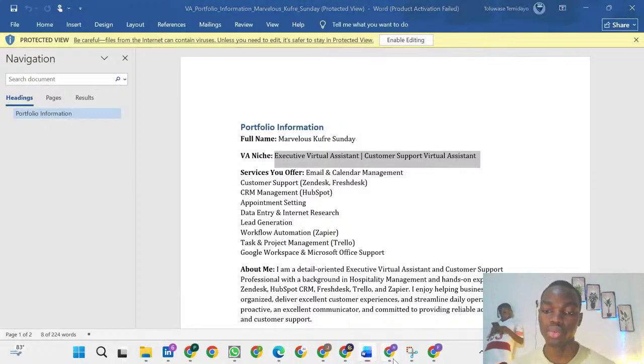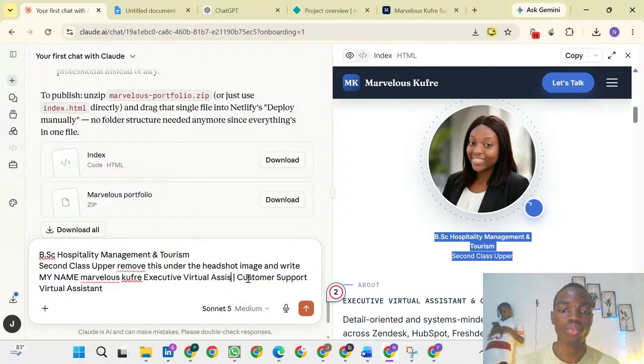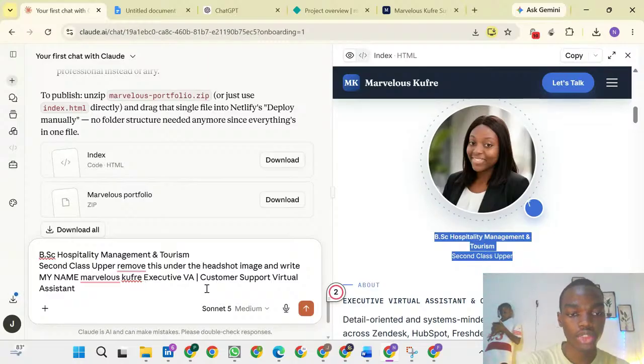So I go back to Claude, paste it. This one, I will reduce it. Okay, just like this. So I told you to remove the title and